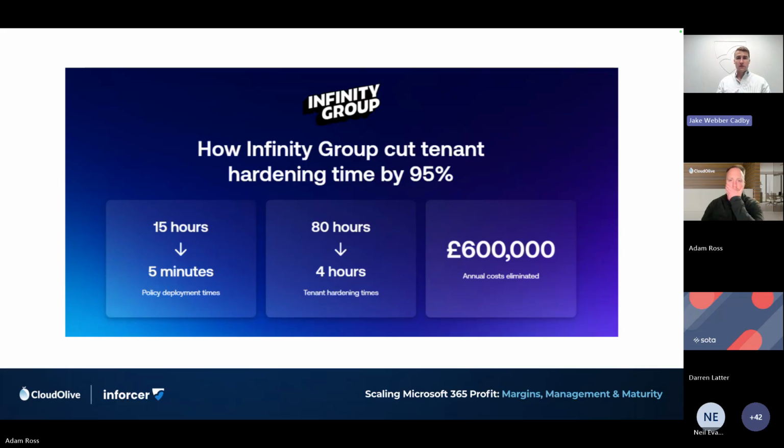They then did quarterly ongoing security hardening, where 2 of their senior cloud architects would go into every single one of their customers and apply new best practices. We cut that down from 80 hours to 4 hours on a quarterly basis. And we also helped them remove £600,000 of Sophos EDR spend by giving them a mechanism to consolidate more on the Microsoft Defender for endpoint technology. So yeah, really, really nice win. Hopefully this just brings some tangible numbers to everything that I've been speaking about today.